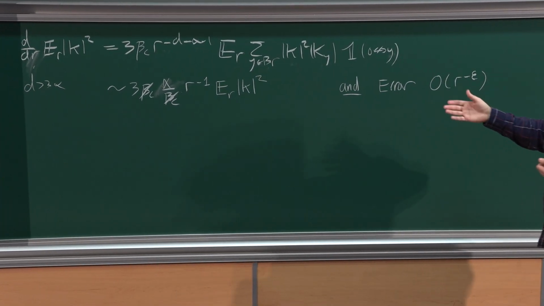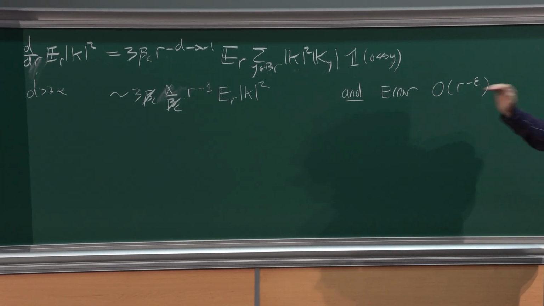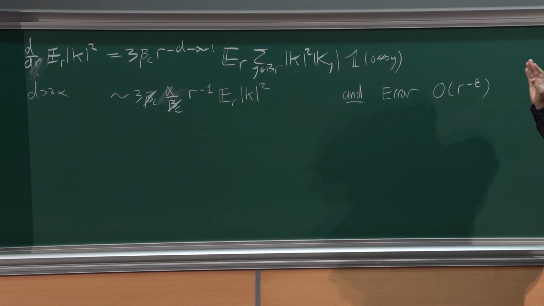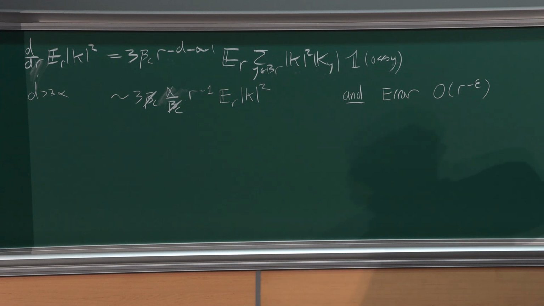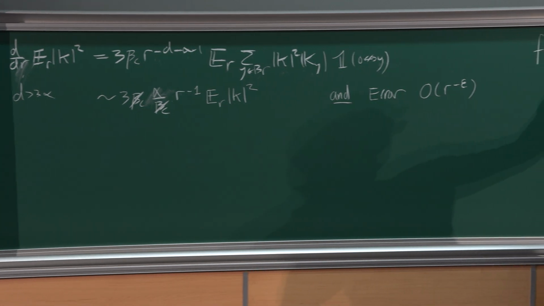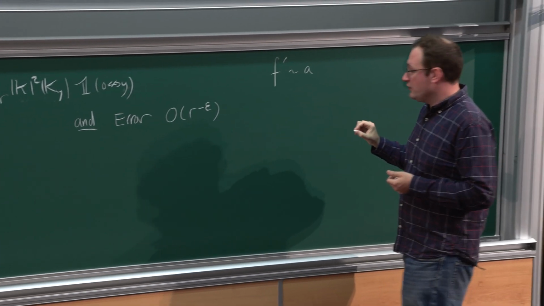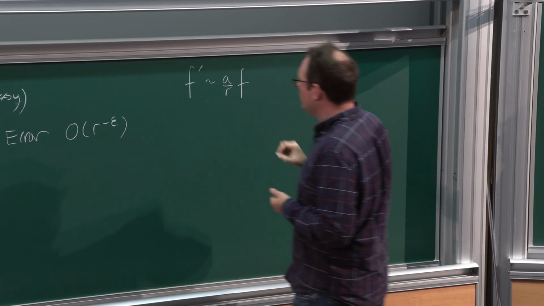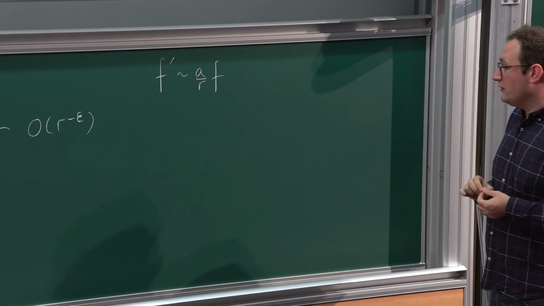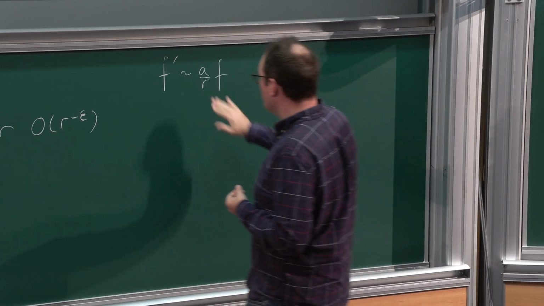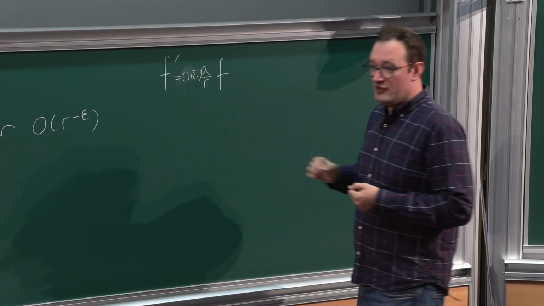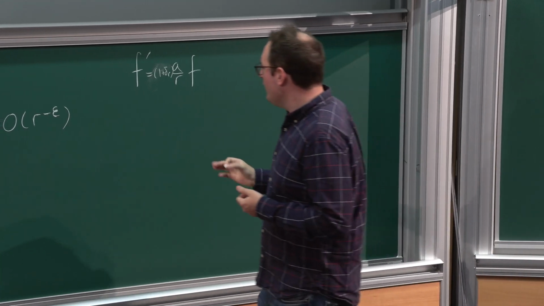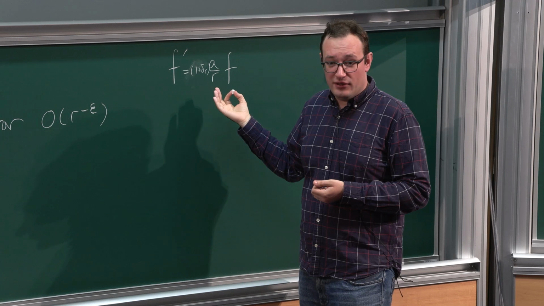Okay, now for the first moment, it didn't matter how small the error is, but for this ODE, it really does. And this ODE is where we can potentially get logarithmic corrections in the critical dimension. Okay, so if you just have this ODE, let me just write it with a general coefficient. F prime equals A over R, is asymptotic to A over R times F. Well, let's write this exactly with some error, where delta is some function going to 0. Okay, and of course, this is a very easy ODE to solve.